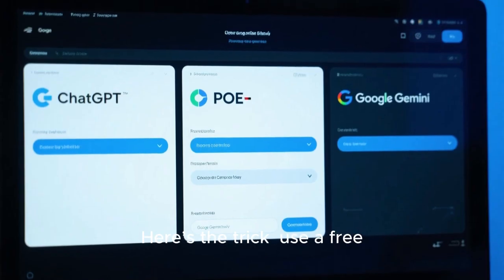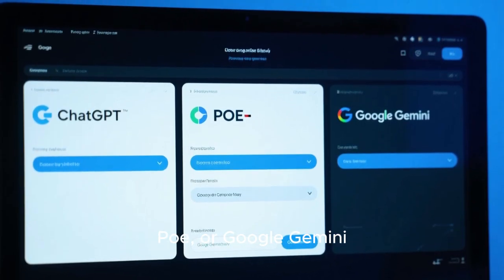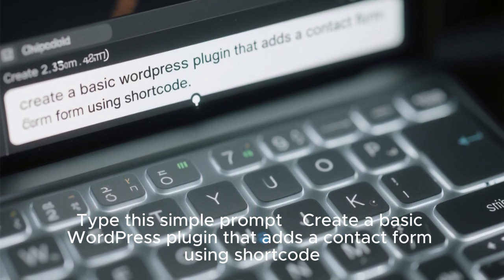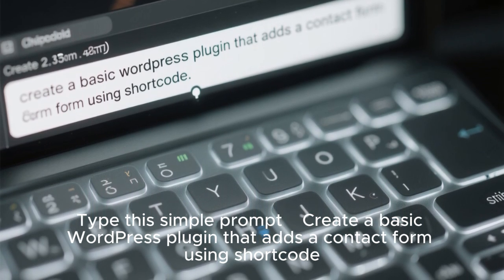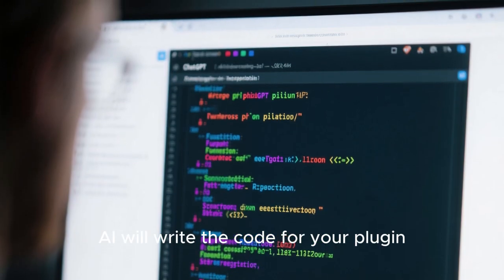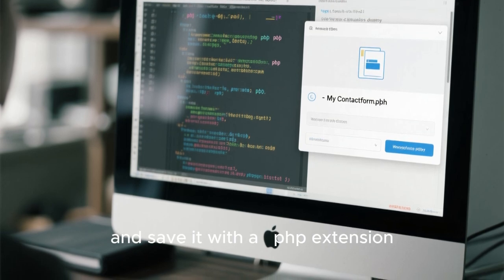Here's the trick. Use a free AI tool like ChatGPT, Poe, or Google Gemini. Type this simple prompt. Create a basic WordPress plugin that adds a contact form using shortcode. And boom, in seconds, AI will write the code for your plugin. Next, open any text editor, paste the code, and save it with a PHP extension. Name it something like